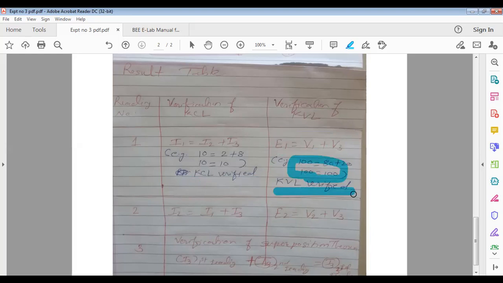Okay, you will get it. This is for example, random values I have used over here. You write down the actual readings. Clear? And you will get RHS and LHS equal. So how many lines do you leave in the result table? 4 lines. Okay, 4 lines for the first reading, 4 lines for this one also, KVL and KCL. Done.